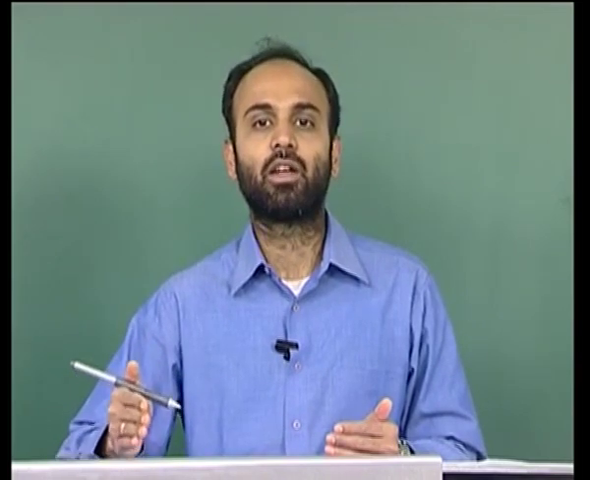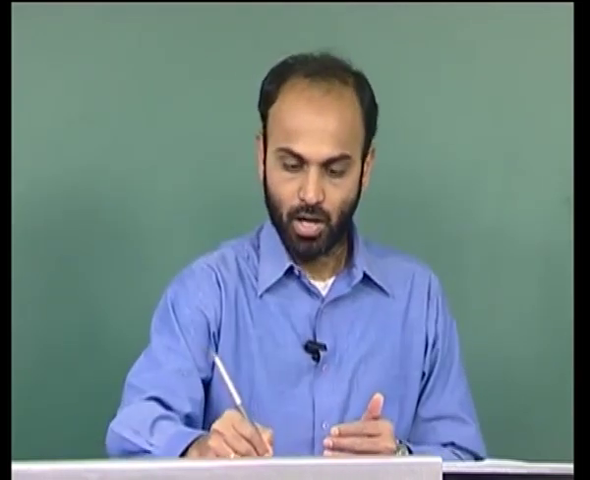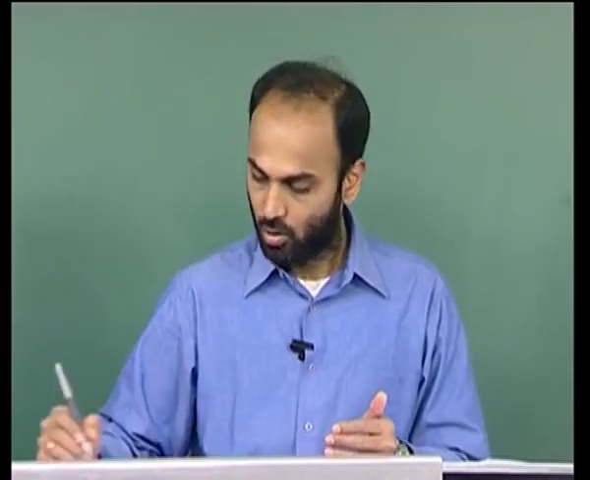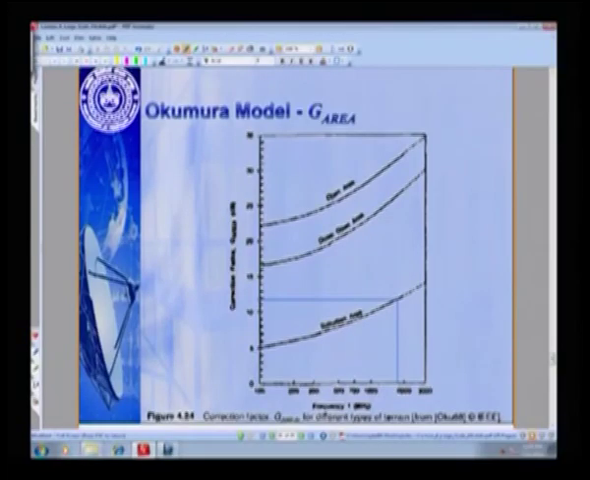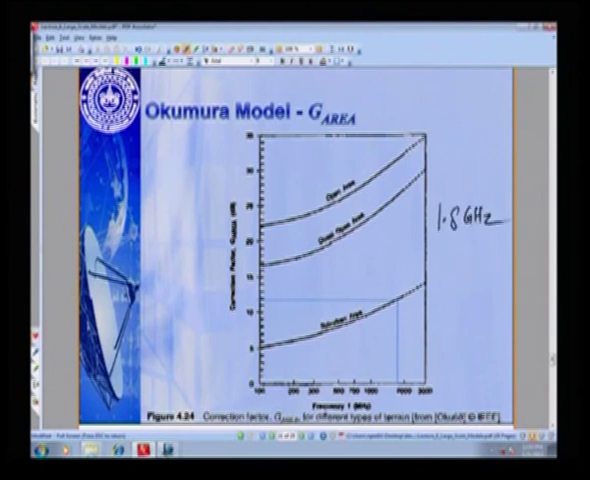Hence there is a correction factor as you move from urban areas to suburban areas to open areas. For instance, if we look at this G area plot, I go back to the same question: that is 1.8 gigahertz, and this does not depend on the distance. If I want to look at 1.8 gigahertz for a suburban area, I go to this point, which is 1.8 gigahertz,